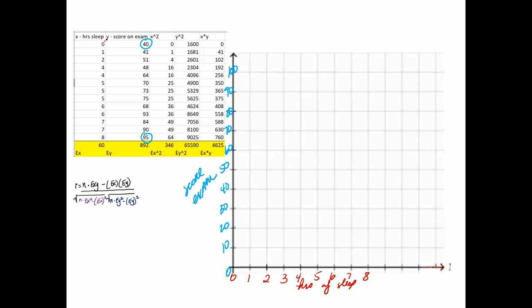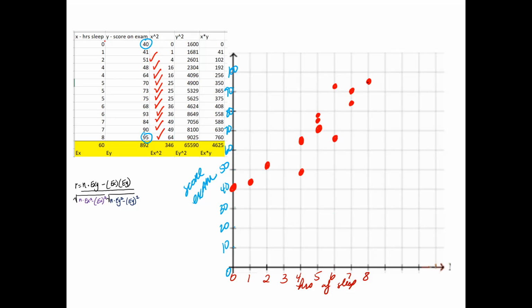All right, now let's go ahead and graph it. 0, 40. So at 0, it goes up to 40. 1, 41. 2, 51. 4, 48. 4, 64. 5, 70. 5, 73. 5, 75. 6, 68. 6, 93. 7, 84. 7, 90. And 8, 95.